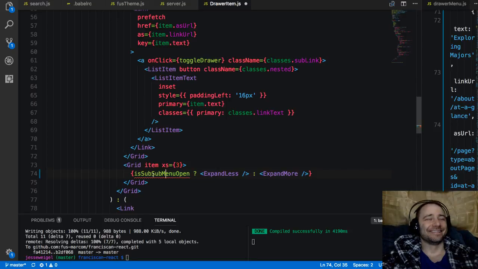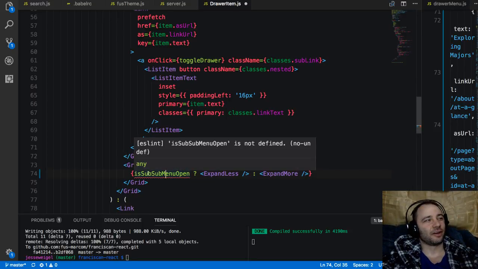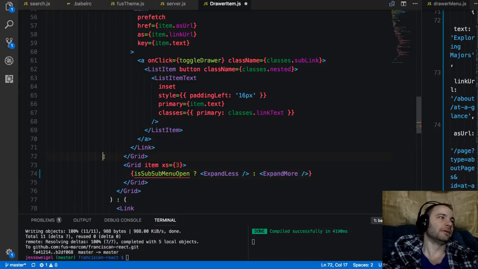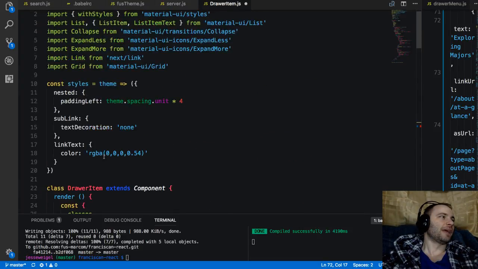All right, this looks weird, but it's going to say is submenu open. I'm not sure how to say that, but it is a submenu inside a submenu. So let's make sure we add that